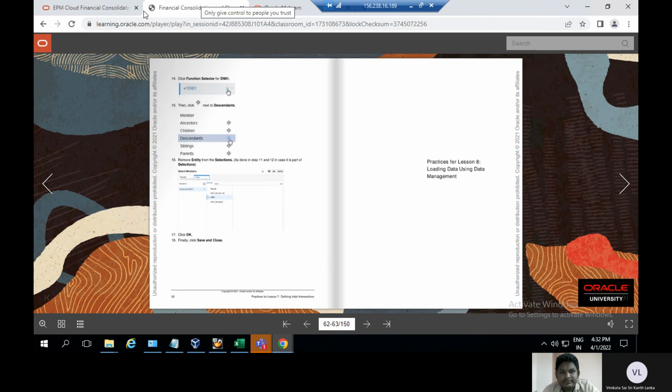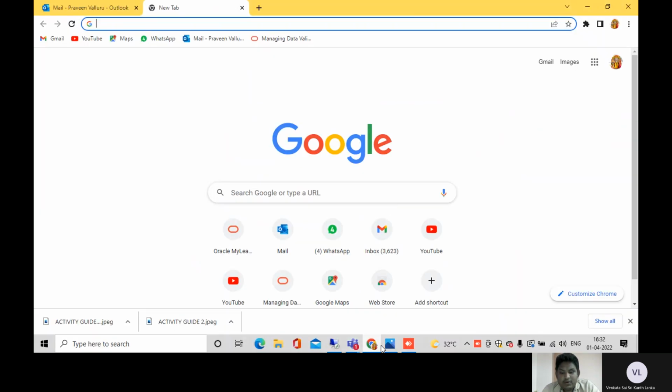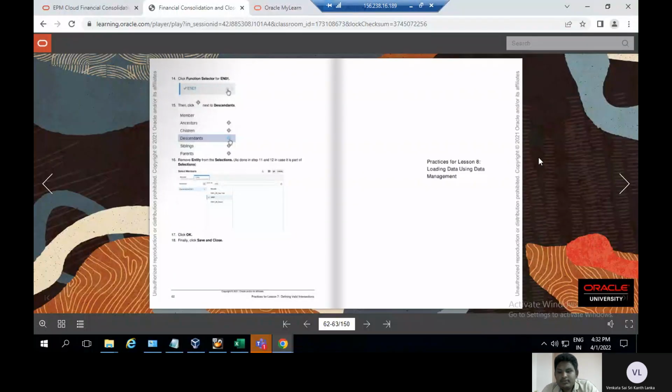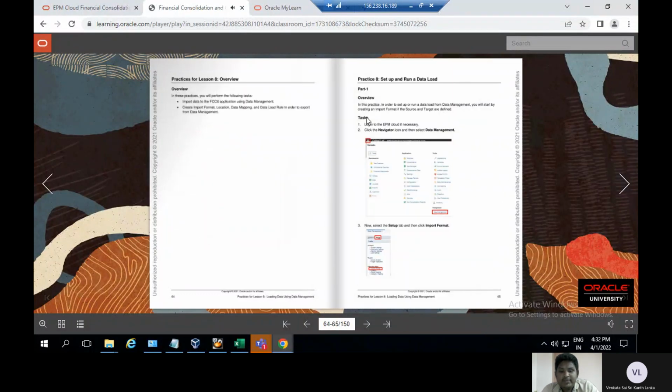Under the scenario, here the setup and run the data load in the activity guide, in topic and next topic. Here I will go to the activity guide. Here the data, using data management. Under the data management: import data, the FCC application in data management, create import format and location in data management, so the data loaded to the role is exported from the data management. And here to set up and run the data load,